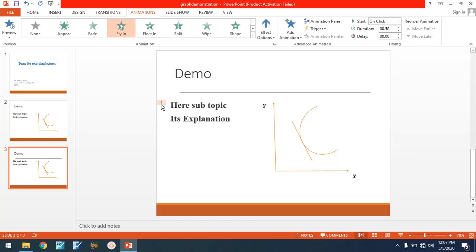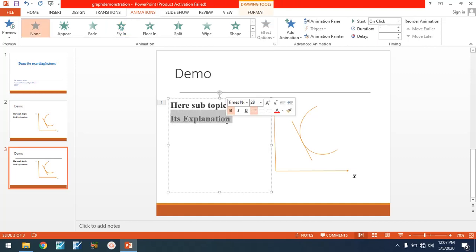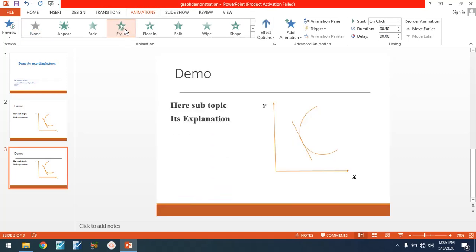Now you see a one has been marked, which means one animation has been added to this slide. Similarly, when you select the second part of your slide, you can select a second animation.